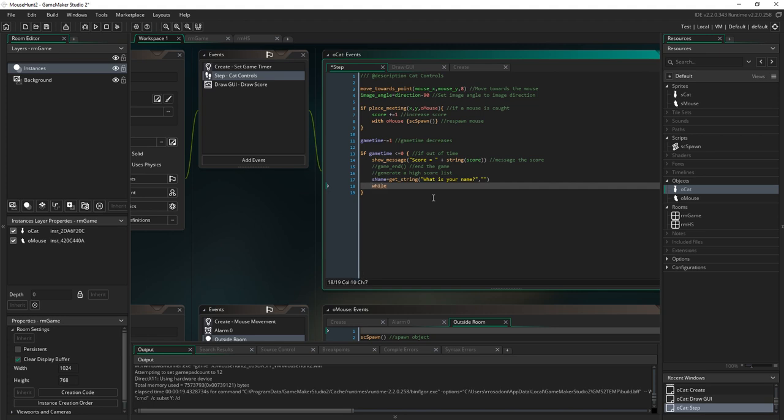So I'm going to do a while loop. I'm going to check, and I'll explain this, while real sname. Now what real does is takes the characters and converts them into a number. Now if you've got characters, like imagine your name's Bob, right? Bob as a number is 0. And so whenever there aren't numbers involved, when you convert a string to a number, it converts it to a 0. So the real of a string is 0, right? So I'm going to say, while real sname is not 0,